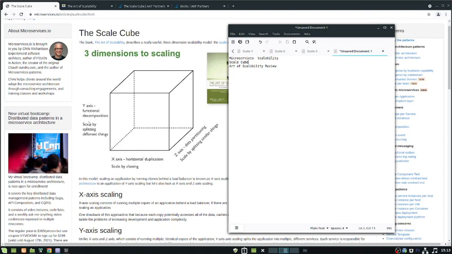The y-axis is kind of functional decomposition, or scale by splitting different things. And what that is more specifically is you've got these big, large monolithic applications, and you want to divide them up into smaller, more manageable pieces. Very simple concept. Maybe not necessarily that simple to implement, but the cool thing is,